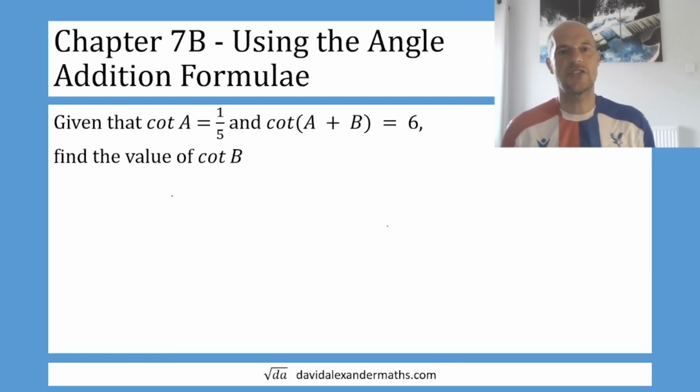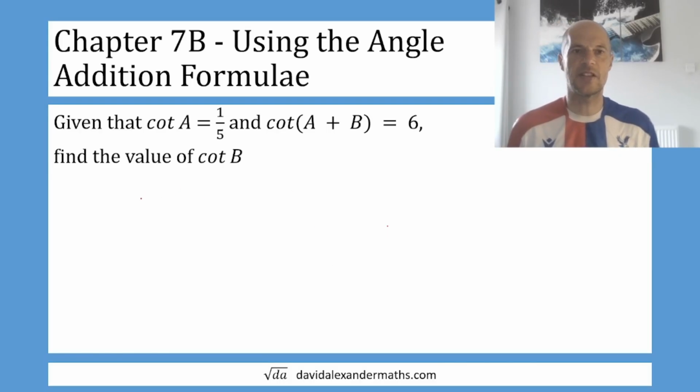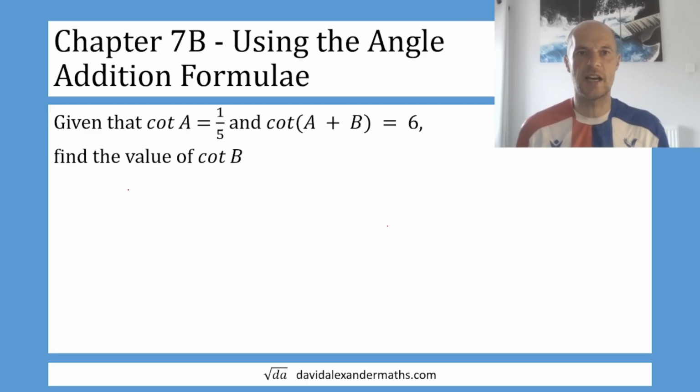Okay, so this is a challenging question here. What we need to remember is that tan is 1 over cot, or cot is 1 over tan. So if the cot of A is 1 over 5, then the tan of A is 5 over 1. Now I can do the same thing with the addition formula here. So the tan of A plus B